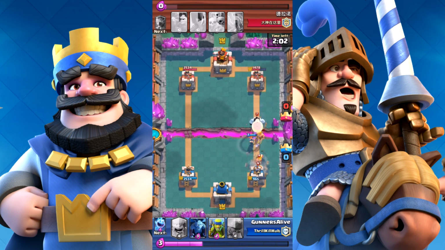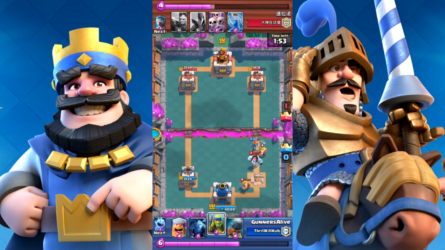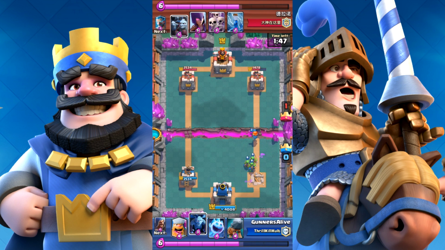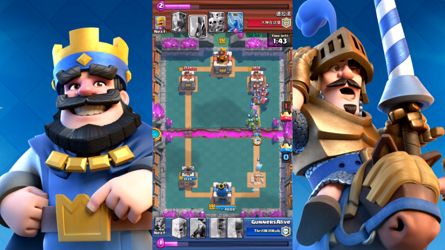Now my Valkyrie is going to do a bunch of damage to those 4 barbarians that did get dropped, and then she's going to start doing some damage to the Ice Golem. I decided not to drop down my minions yet, and I decided to use the goblins instead, because I wanted to save my minions for later on in case my opponent dropped down their minions. Then I could drop the free spirit and then drop the wizard and hopefully take out their minions and get